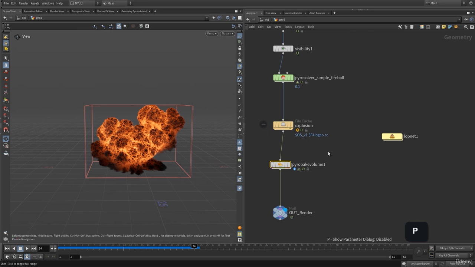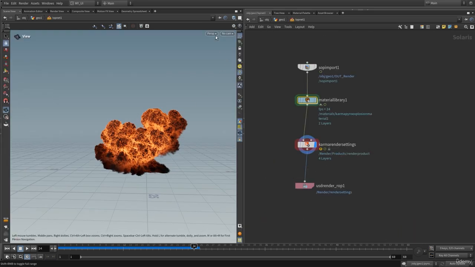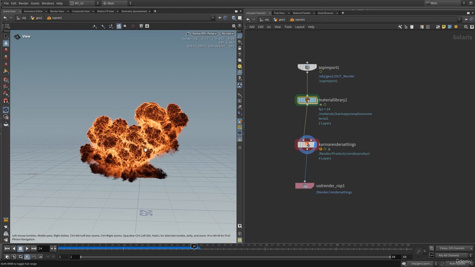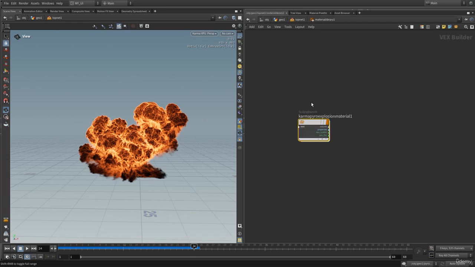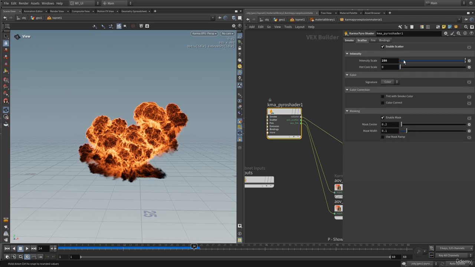And now if I go inside of the LOPNet in here, and change this to Karma XPU, you can see we have our color displayed accurately, and we are rendering them in the correct color space. I can go into the material library, and in here let's play around with our scattering intensity. I'm going to keep increasing this intensity to my liking. Let's keep increasing this,